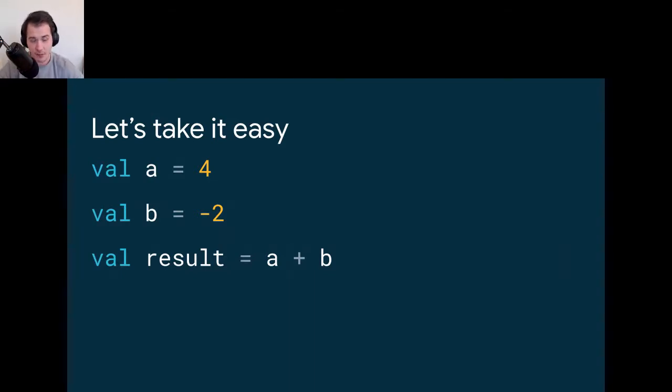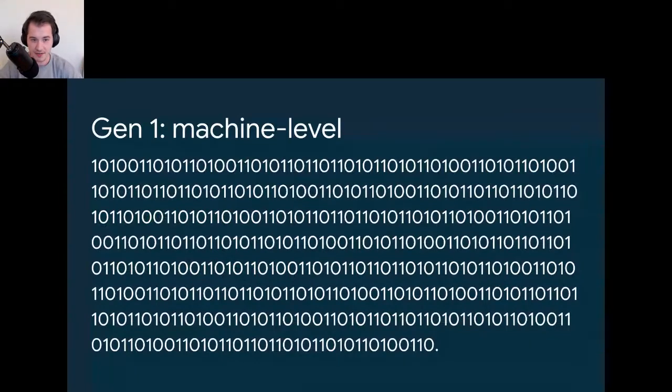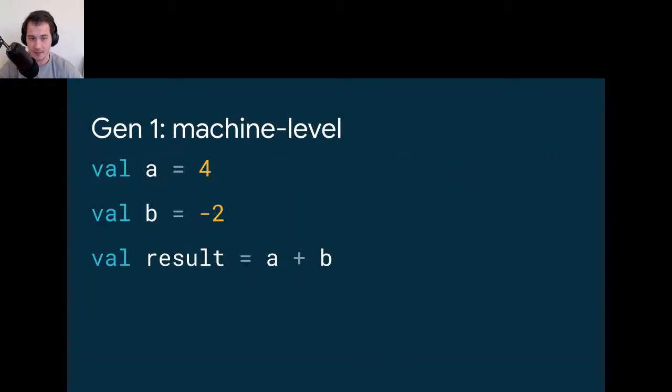To understand whether it's declarative or imperative, let's dive into the history even more and see the generations of programming languages, to the very, very beginning. The first generation is machine level. Maybe this guy von Neumann, who introduced all this stuff. The idea is 0, 1, 1, 0, and you write this down on a punch card, or whatever it's called, and you get the program running. So take this example: A is 4, B is minus 2, result is A plus B. Here is what it will look like on the machine level.